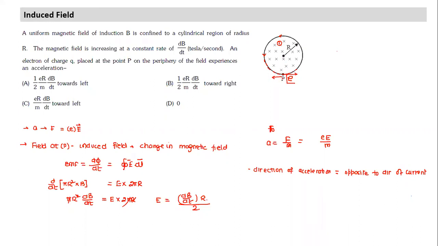So the acceleration of an electron of charge q. We have written electron of charge q. Okay, so basically the charge is negative. So which direction will the force act? Acceleration will act towards the left. So what should be my answer here? It should not be towards the right, it has to be towards the left. So do we get our answer here? Yes. Electron of charge, just take it as e only.